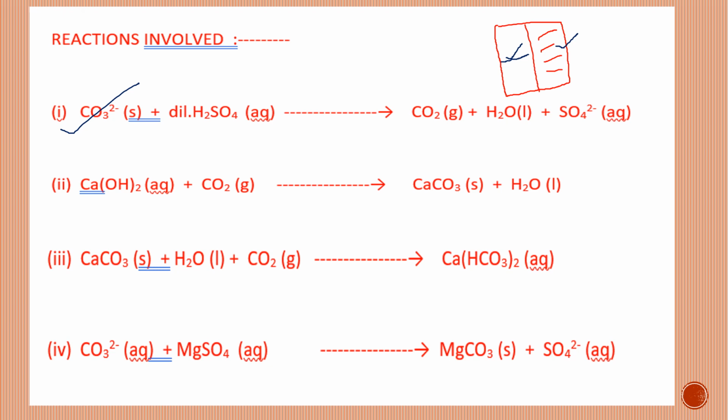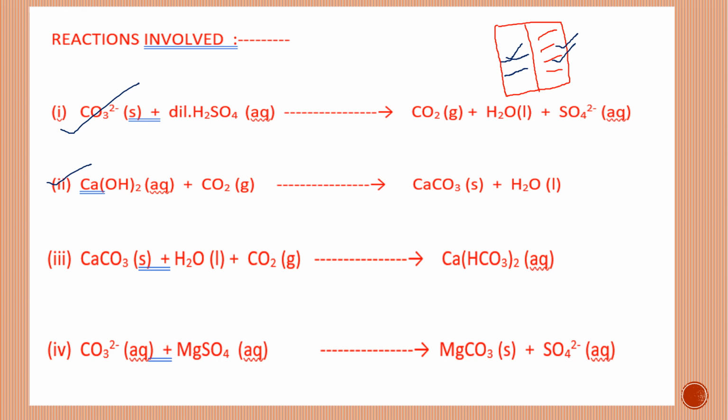Then you will write the next test, that is pass it through lime water. So this is the equation, the reaction for lime water reacting with CO2. That should come exactly in front of the test. Whatever is to be written on the ruled side has to be with a normal blue pen, and whatever you write on the unruled side, the equations mainly, has to be written with pencil.